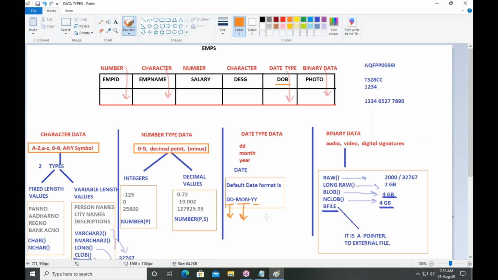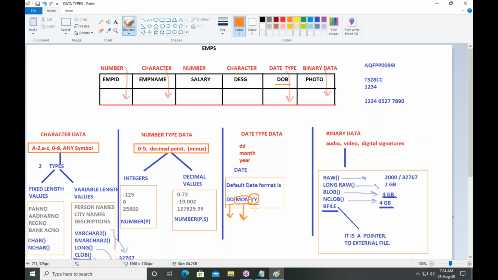Today, this month is August, so here you can write AUG. And last two digits of year. Last two digits means specify 20.